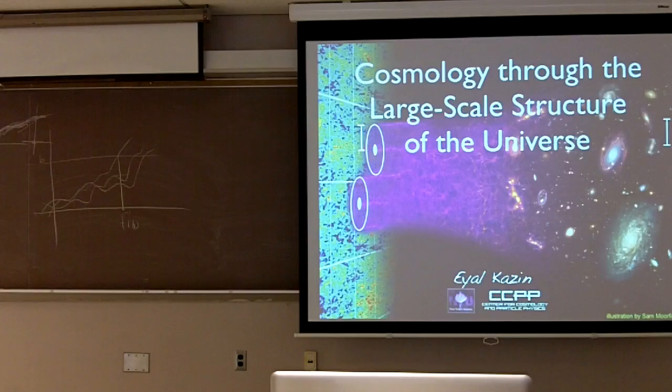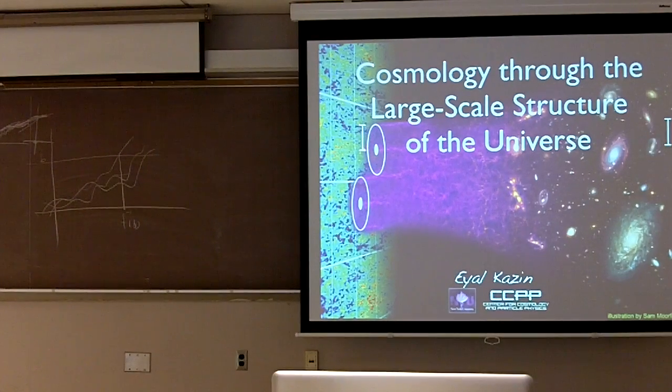I'd like to follow up on just the physics of the acoustic peak itself, and forgive me because my understanding is so shallow. If you go back to the previous plots where you showed your peak at about 110 megaparsecs or thereabouts, what is the original peak at zero? Is that the Big Bang? Well, imagine that the universe is uniform, but you have the quantum fluctuations. So it's a quantum fluctuation.